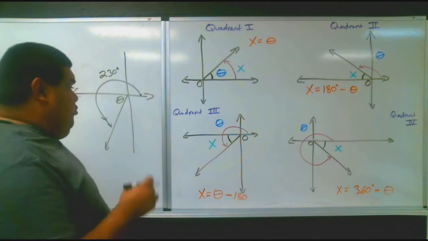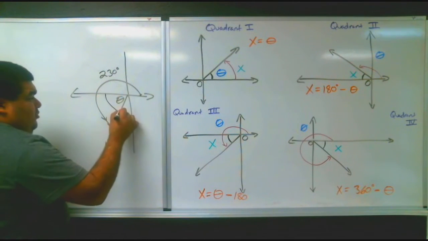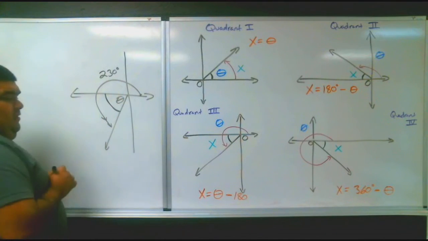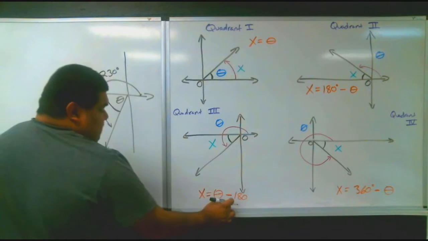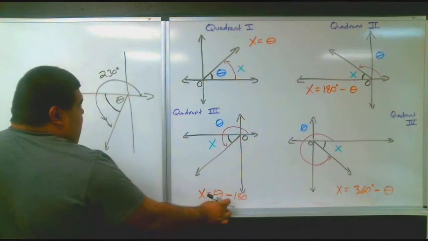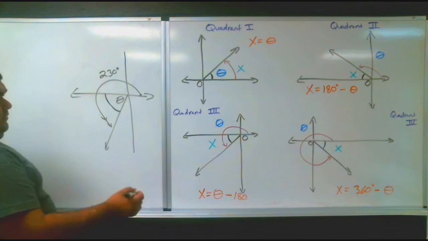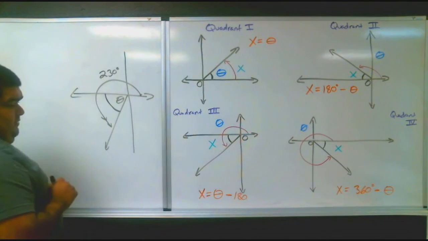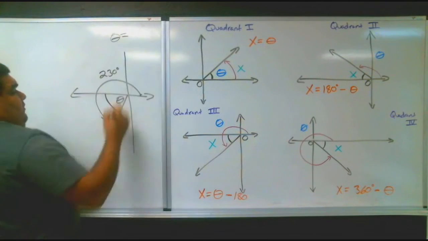Remember, we're trying to find from the x-axis to our theta. So since we're dealing with the bottom, quadrant 3, we would solve for theta, that is in here, equals